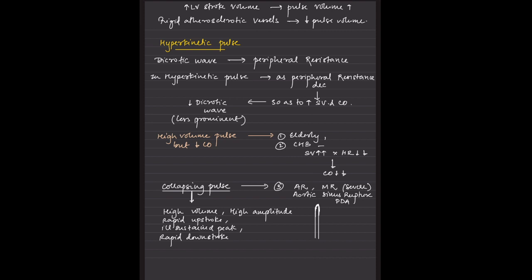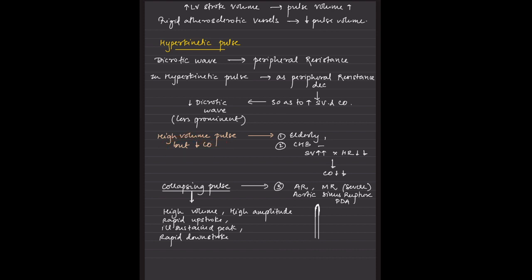if we consider a hyperkinetic situation wherein left ventricle volume is more and there is decreased peripheral resistance, what will happen to the dicrotic wave, which tells us about the peripheral resistance? It will be low, it will be less prominent. In a hyperkinetic pulse, as the peripheral resistance decreases, there is an increase in the stroke volume and cardiac output. There is a decrease in the dicrotic wave, which is less prominent, of course, and a high volume pulse, but decrease